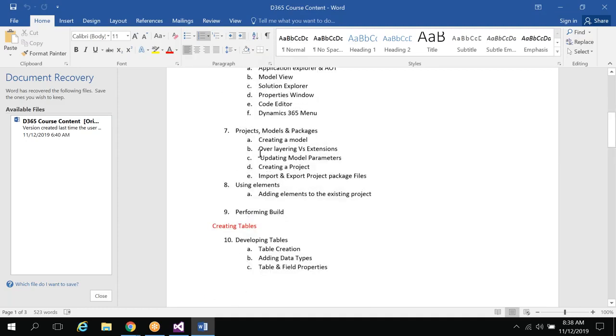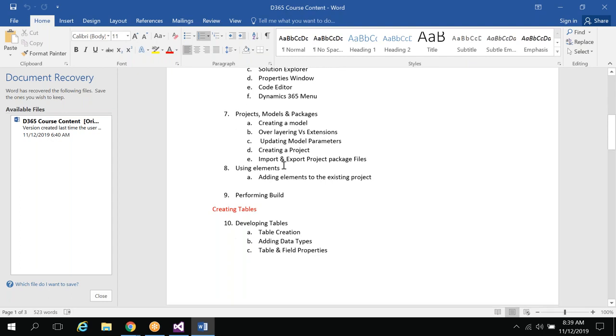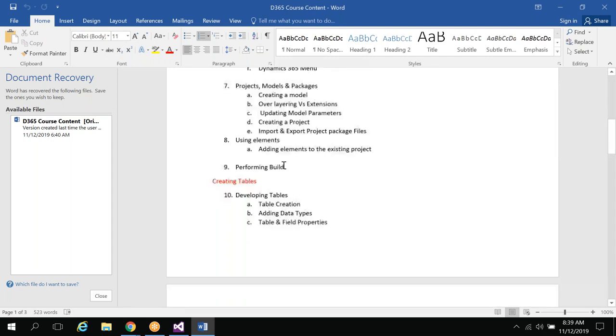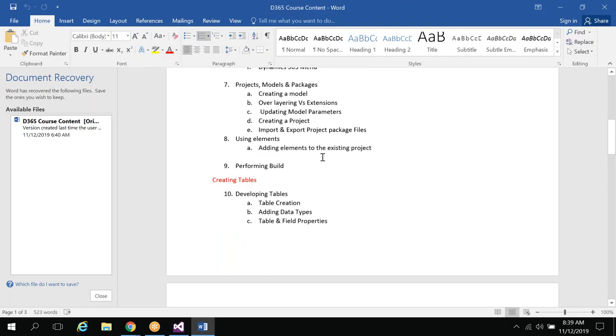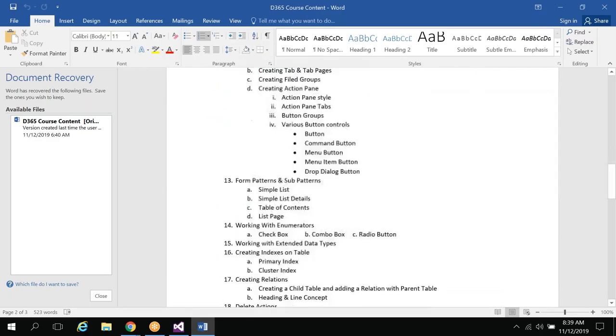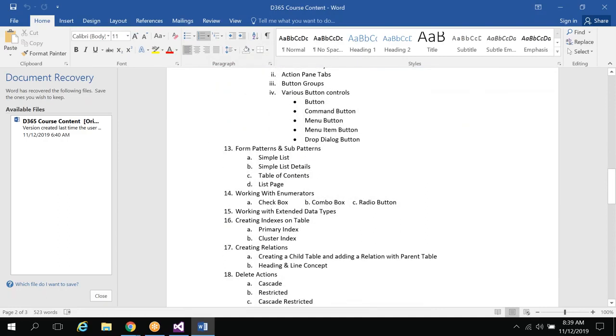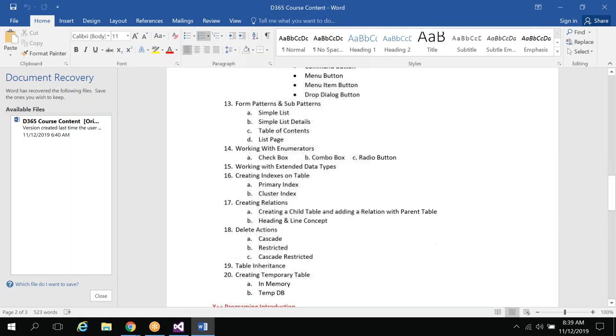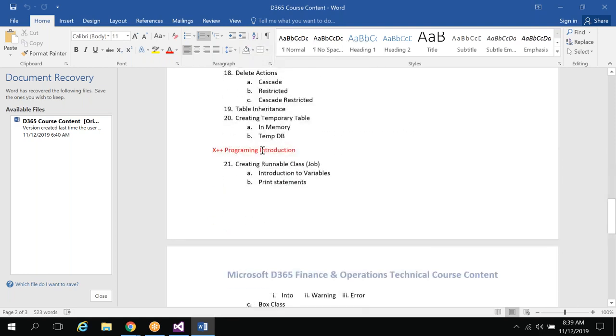After that I'll tell you about the projects concept, project models and packages. How to create a model, how to create a package, how to create a project. After that how to create elements like tables, forms, menus, EDTs, base enums, everything I'll tell you one by one. Okay, we will discuss form patterns, form templates, table related options,